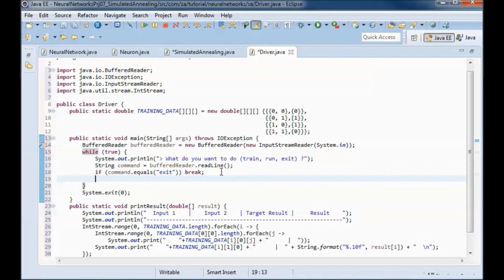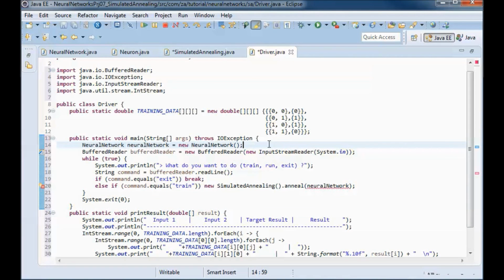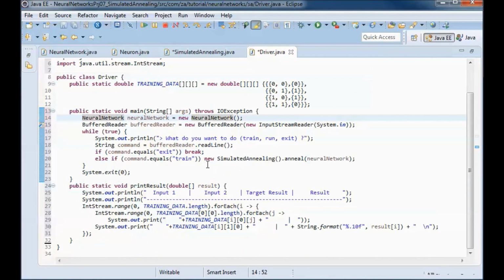Otherwise, if they enter train, then I will instantiate a simulated annealing instance, and let me define a new neural network here. So I will instantiate a new simulated annealing instance and call the anneal method on it, passing in this neural network.